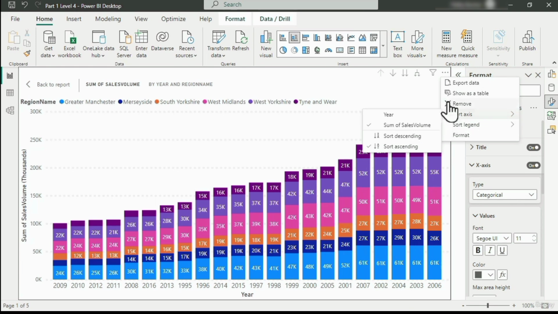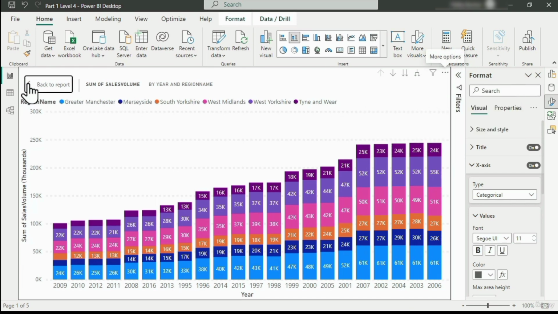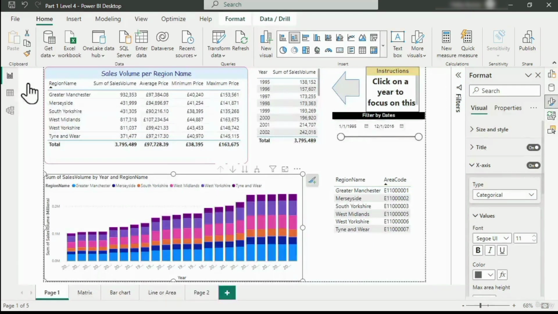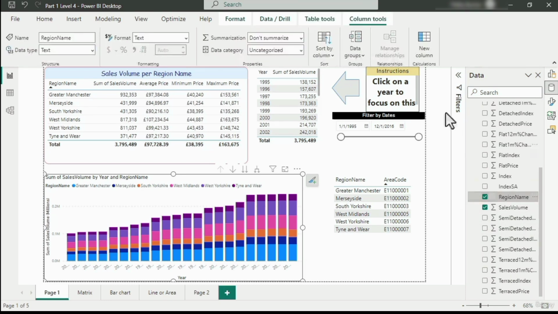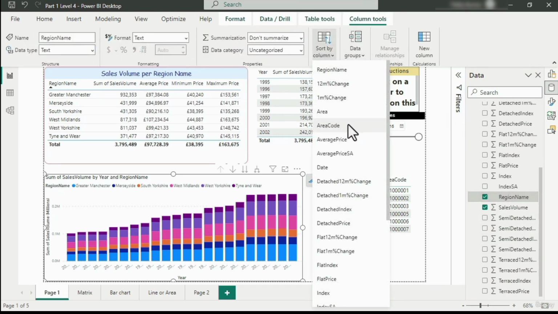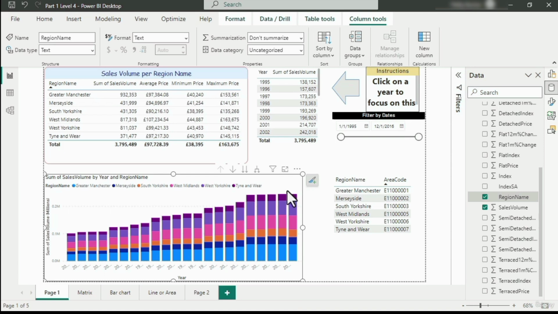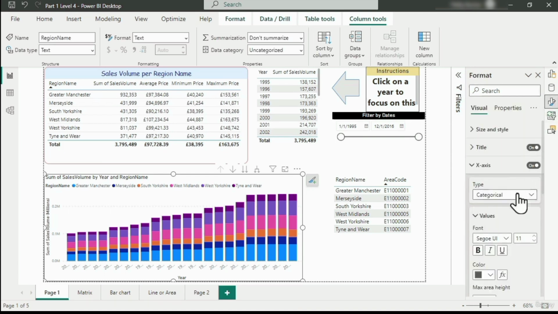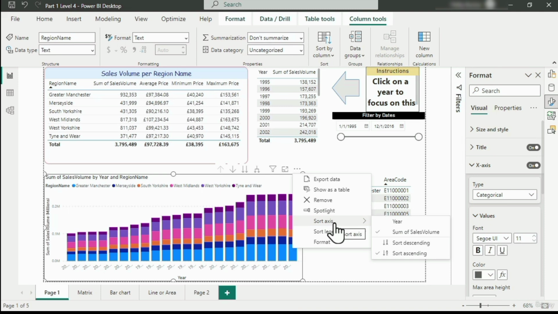So that is sorting. Sorting allows us to present the information with the most important at the top, maybe. It needn't be by the first column, it could be by sales volume. It needn't be in alphabetical order, it could be based on another column like area code. And you can also change the x-axis of charts to be based on categories, and then you can sort the charts in a non-continuous